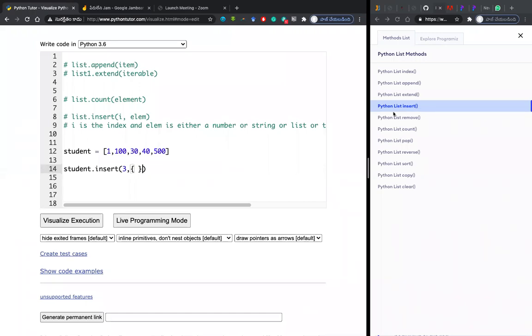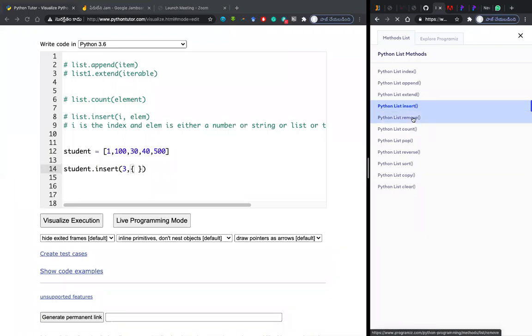Okay. Right. Are you able to see the screen with all the functions which I am showing on the right side? Yes, sir. Okay. So yesterday we went through index, append, extend, insert, and count. Today we will go into the remaining ones like remove, reverse, sort, copy, and clear. So first we will go for remove.